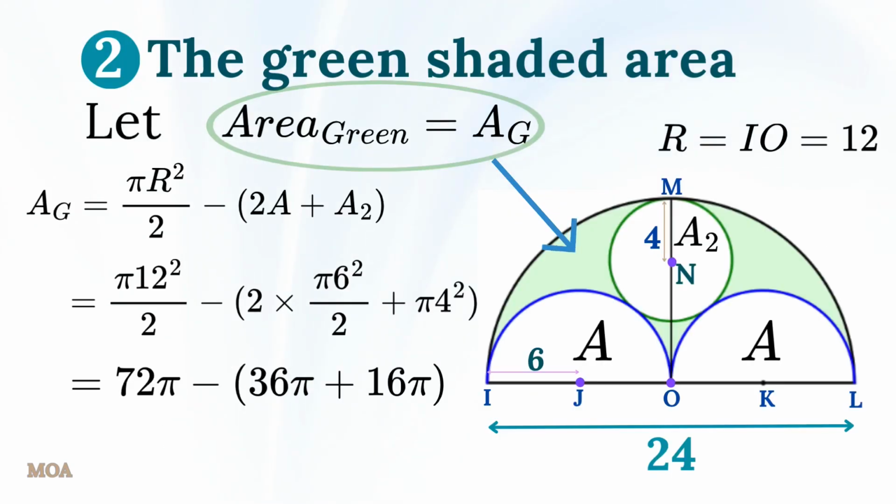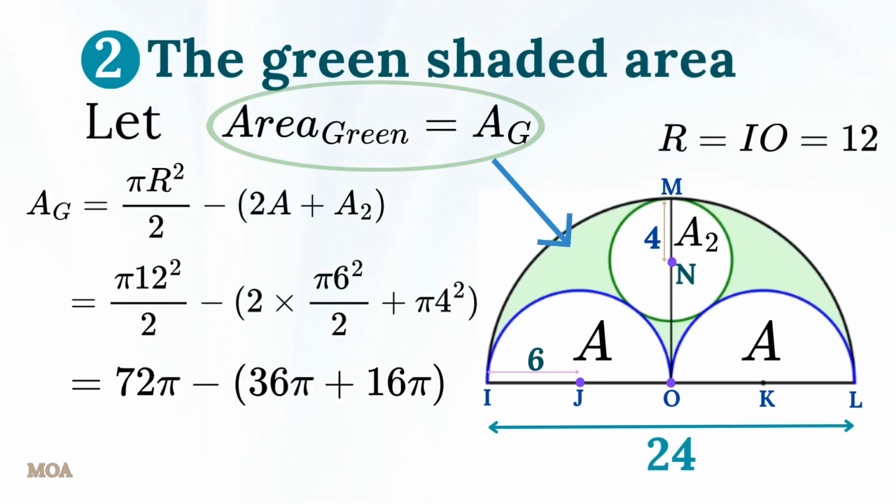Moving forward, let us calculate the value of the green shaded area, denoted A sub G. Area A sub G equals the area of the large semicircle minus the quantity sum of area of the two small semicircles plus the area of the small semicircle centered at N. Using radius R equals 12, small radius x equals 6, and radius of circle centered at N equals 4, we obtain A sub G equals